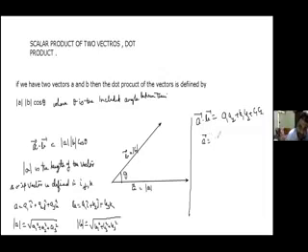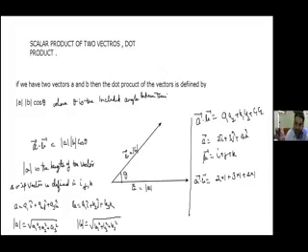I'll take some more examples, it will become more clear. Let's say vector A is given to me as 3i plus j plus k, and vector B is given to me as 5i minus j plus 2k. Just assume I have taken some random values. I'm going to do dot, so I will do A dot B. When I do A dot B, I will do the dot of this with all the components. I'll do 3i dot with this, and with this. All the three I will do the dot.